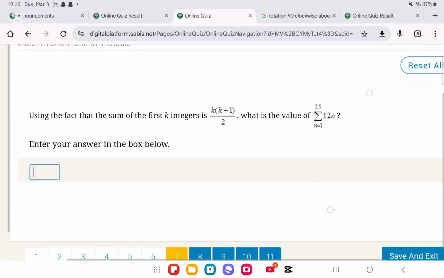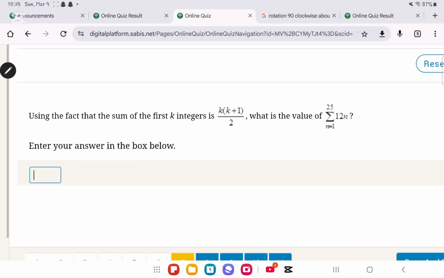Here also, all of this is just using calculators. I feel it's really unnecessary to make this video. But because of that one specific question, question number 3, it's difficult to do it with your calculator. You can't even do it on your calculator, and it's very tricky. So I'm just gonna do the full quiz. So using the fact that the sum of the first k integers is whatever, we are gonna use this on